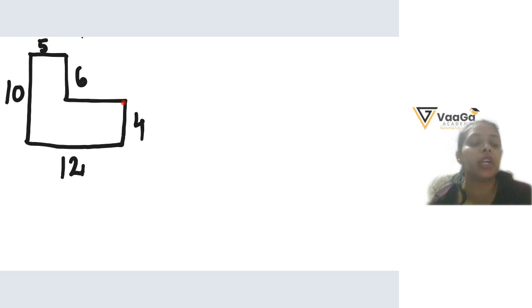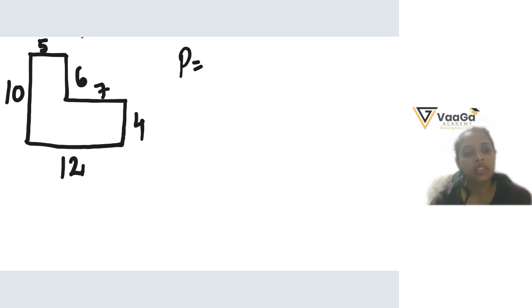According to you, what should be the horizontal one? 6 centimeter. Why is it 6 centimeter? Because 10 minus 4 equal to 6. But I need the horizontal side. Why are we using vertical sides? Shouldn't I use the horizontal sides to calculate the horizontal? 7 centimeter. Very good.